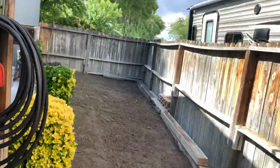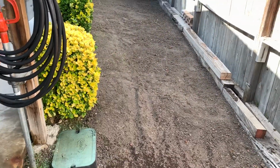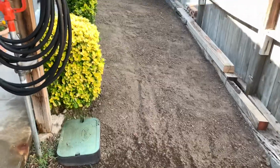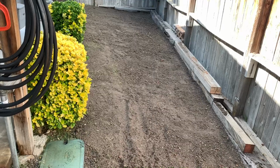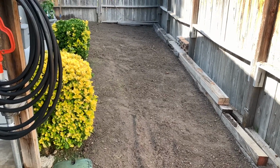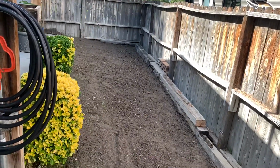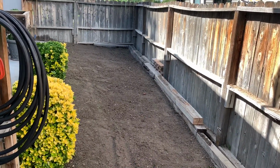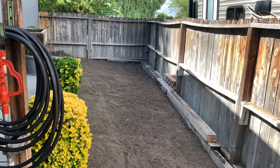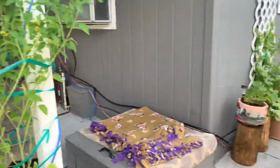So we've just kept it grass over the years, but I've always wanted to put my vegetable garden here. It's the east side, full morning sun, afternoon shade. Couldn't be more perfect. I've got the fence that I can put anything that needs it, whether it be indeterminate tomatoes that are going to get tall, maybe some more